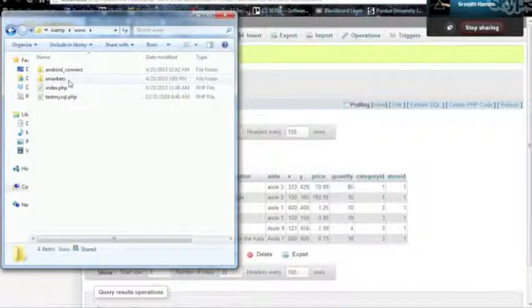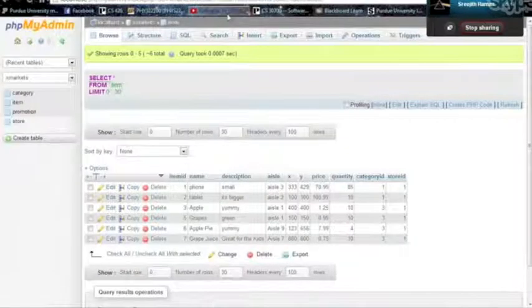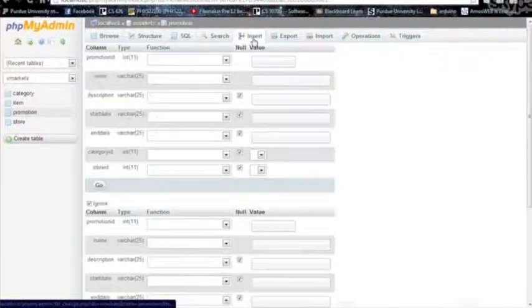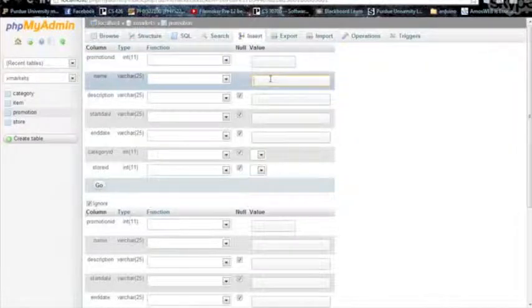And then inside of these folders is where we have the PHP files, and it creates and adds and does everything we need to do connecting the Java and the server. And then we're going to also add in some things, some promotions and items, so you can see the things that we added into the database show up on the client customer